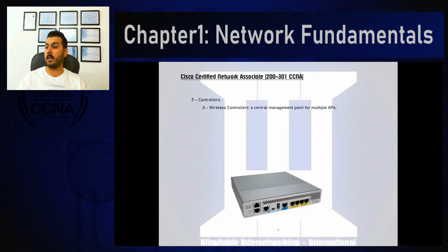Okay. Next, we have controllers, something new to be mentioned in the course. Not the wireless controller. The other type of controller we'll talk about is something extremely new. Controllers are devices that are meant to become a central management point for multiple APs. Just a few minutes ago, we said that multiple access points can be connected directly using cables or wires to a switch to communicate with each other,